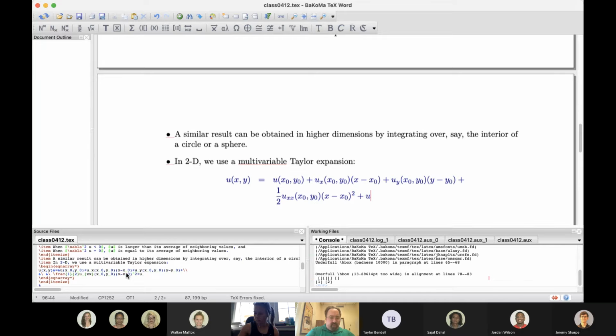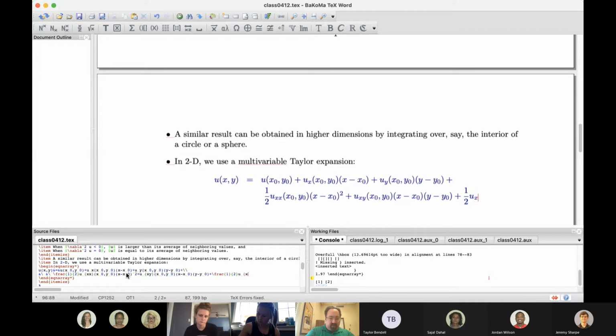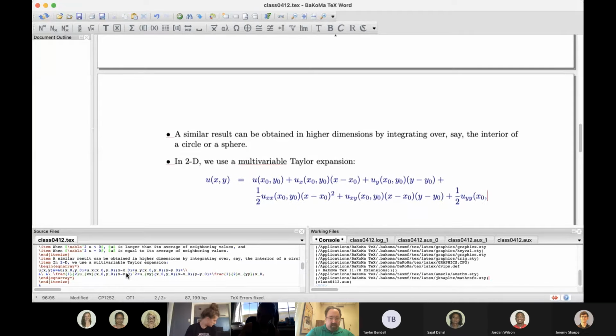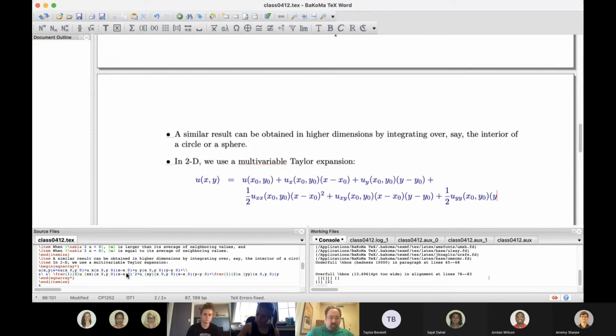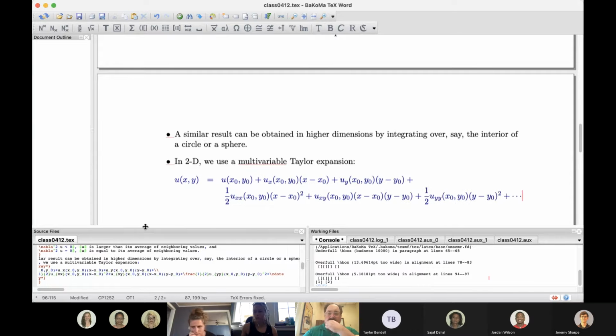And then I have uxy times a change in x times a change in y. And then uyy times a change in y squared. And additional terms which I won't need here. The reason why only these have a factor of 1/2 is because really you have 4